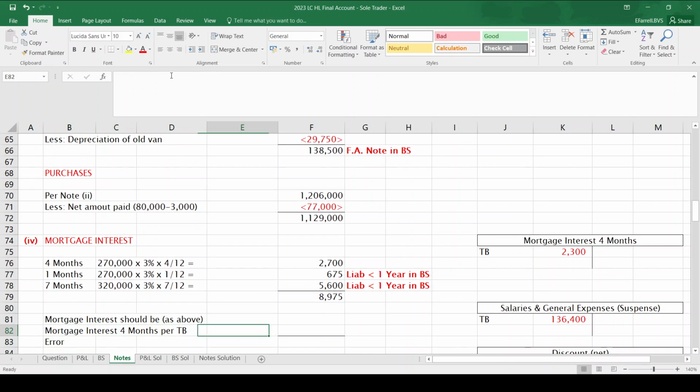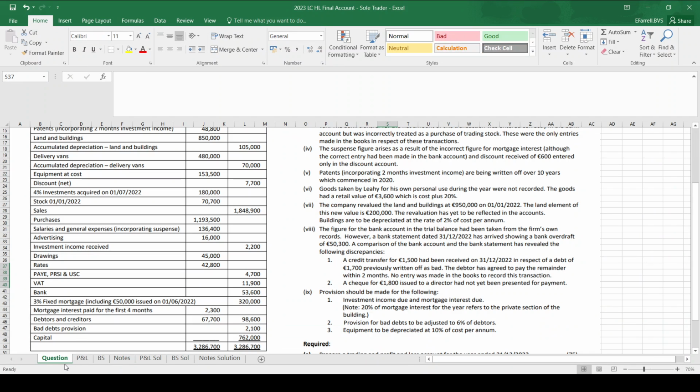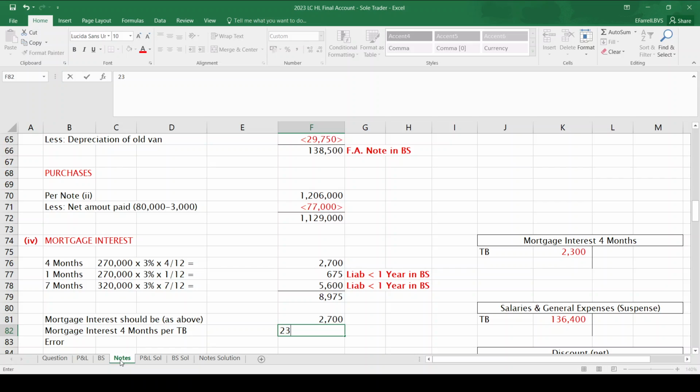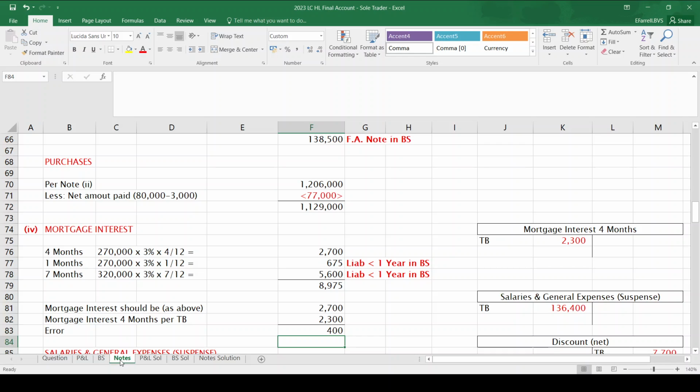So the mortgage interest, so what should it be for the first 4 months? It should be 2,700. We're after working that out. What is it in the trial balance? The mortgage interest for the first 4 months is 2,300. So the error is the difference, which is 400 euros. Now we need to figure out whether we add that 400 euro to salaries and general expenses, including suspense, or